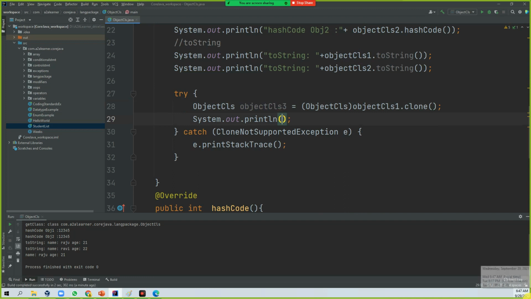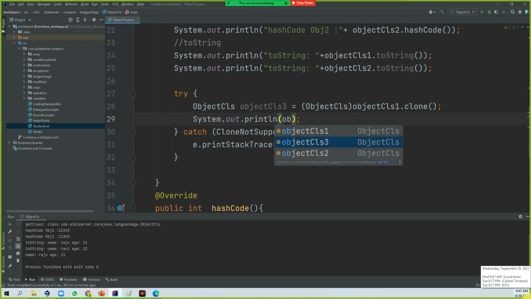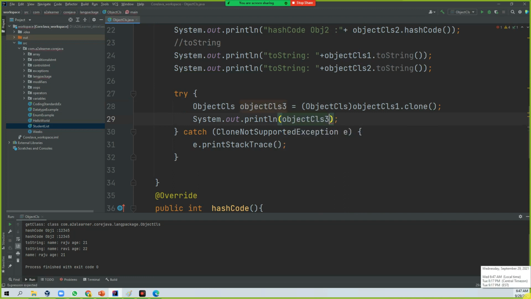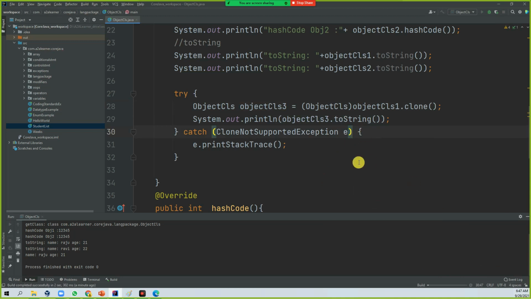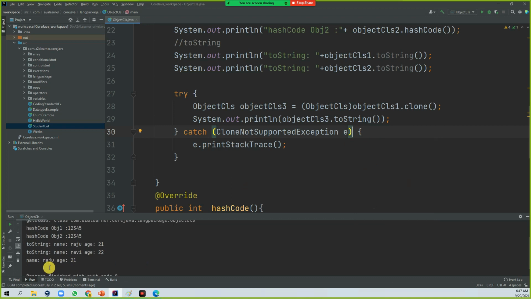Then if you display that object class 3 dot toString, let's print what the object is having. Then you will be able to know what object 3 is having. See, the first toString is giving name is Raju and 21. The clone related last one is Raju and age 21. So this is the way you can clone it.